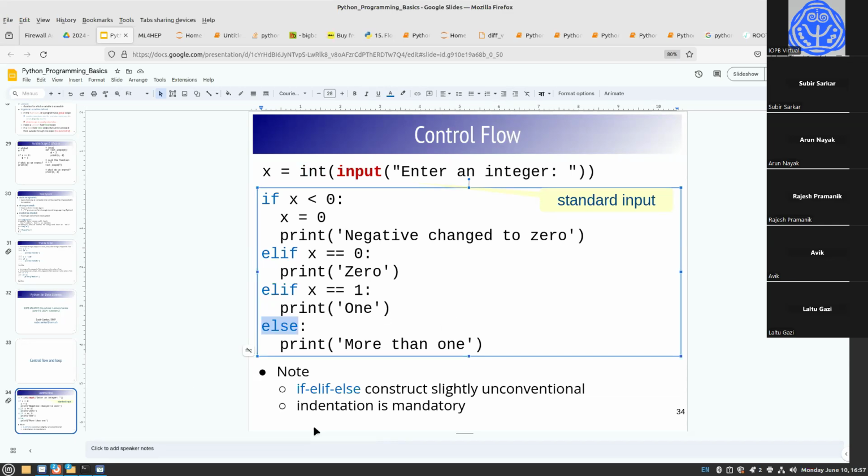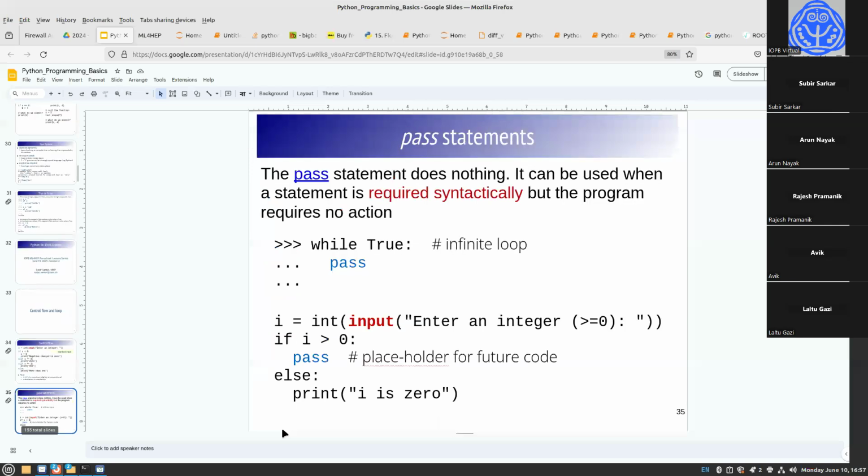So this is already written. So this is the first thing. Then there is something important in Python, because Python is very strict about its own grammar. Like in C++, you can have an if statement which may not have any body. You may have a while statement which may not have any body. You just put while true, and the compiler will accept. But in Python it doesn't. For example, if you want to do an infinite loop,